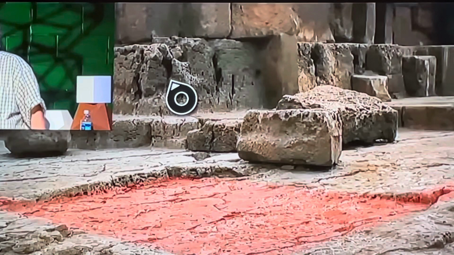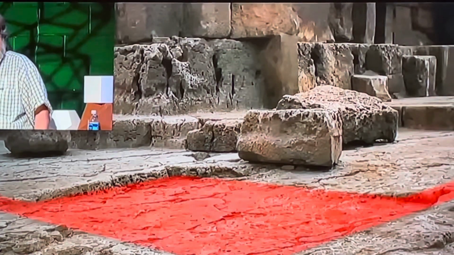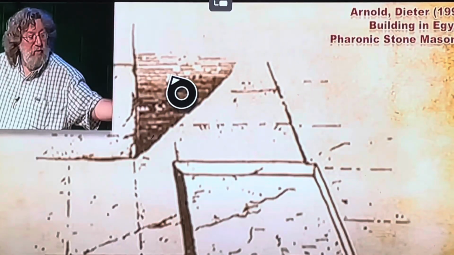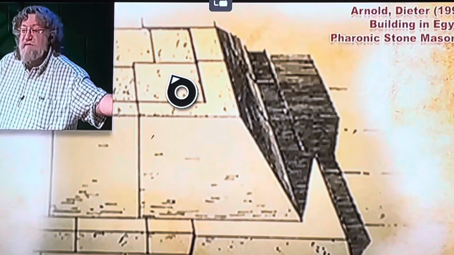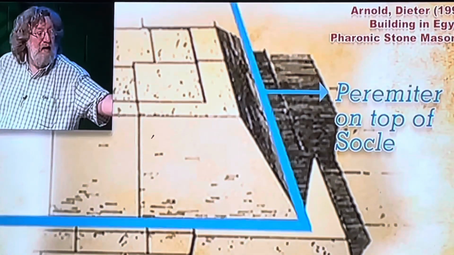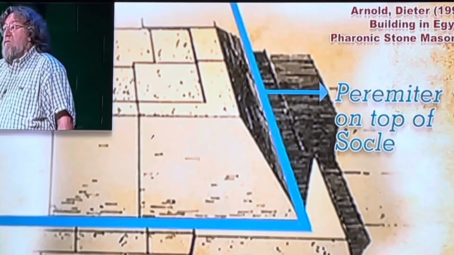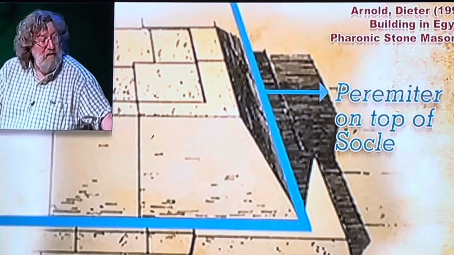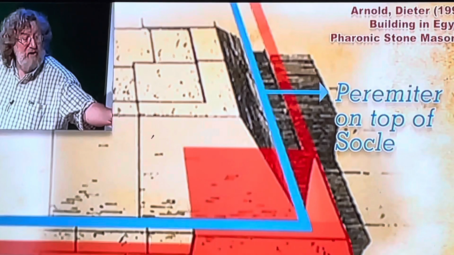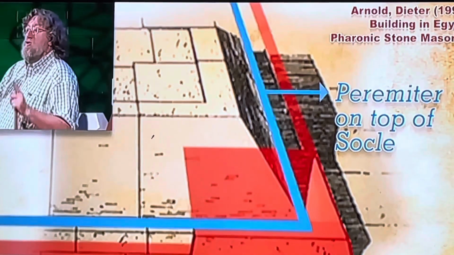This is showing one of the sockets that's still there, that sits outside the core masonry. Based on those sockets, they were able to reconstruct what the original base of the pyramid would have looked like. So here would have been the 51 degrees, 51 minutes coming down, sitting on the 55 centimeter thick socle here, like this. What this did was it gave two ways of measuring the perimeter of the pyramid's base. One could be measured from this point up on top of the socle. The other could be measured from down here, which included the socle. So what you ended up with was two ways of